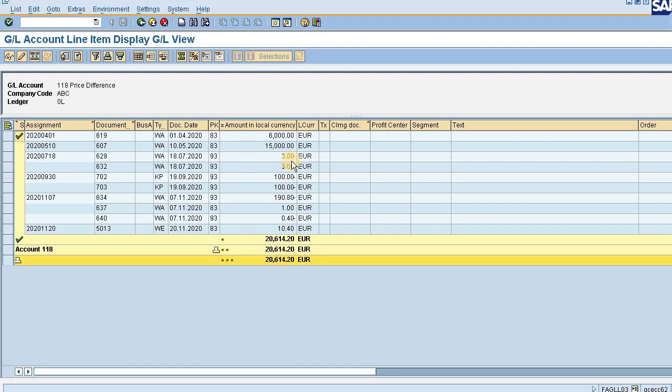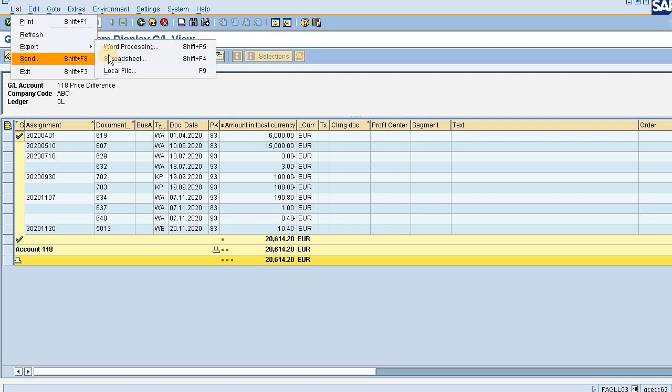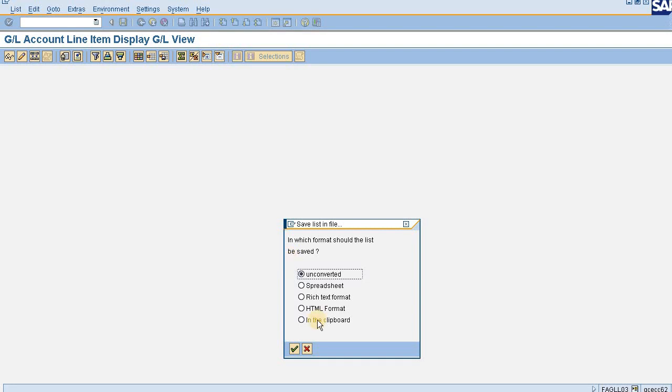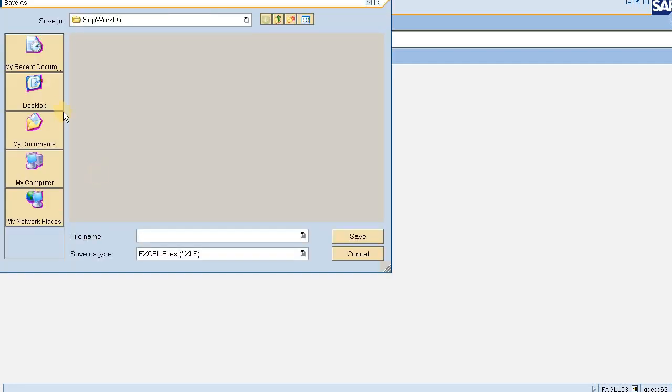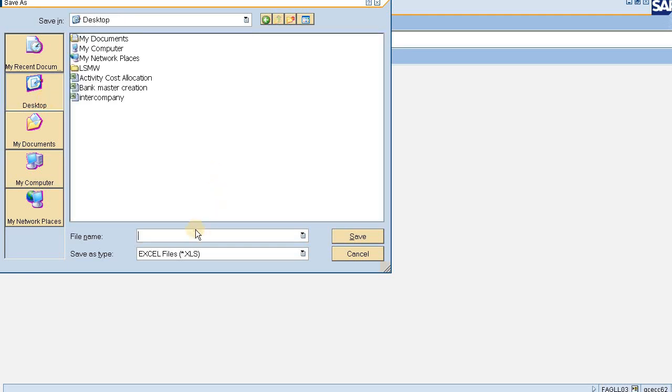So I am in FAGLL03. From there you can go to the list, there is an export option. You can choose the export and you can choose the local file. I am choosing the spreadsheet. Spreadsheet means the Excel file. I am choosing where I want to keep this one. The Excel is chosen.